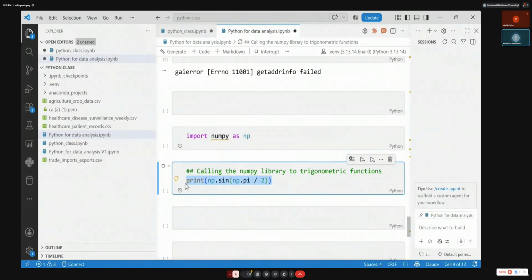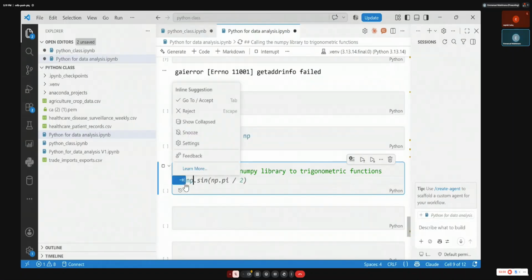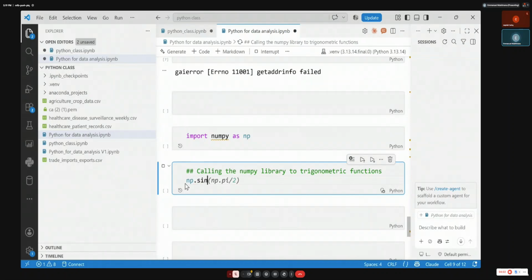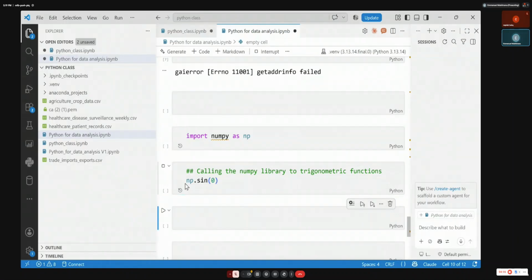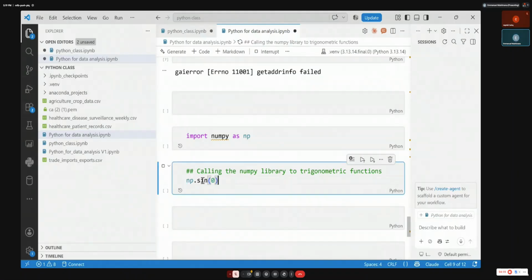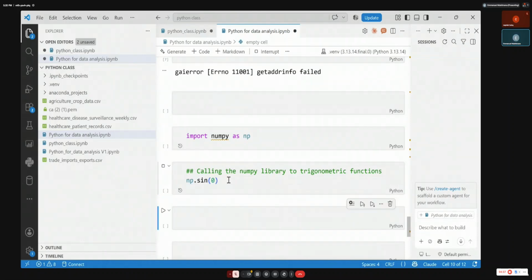So what's the result of the sinus of 0? Let me just ignore this and put 0. For the mathematicians, it should tell me the output normally. It's 0. Sine of 0 is 0. So if you run this code, that means the sine function is inside NumPy. This np has to be the same as here. If I use any name, I will use the same name here. I don't know why it takes longer, but it should work.